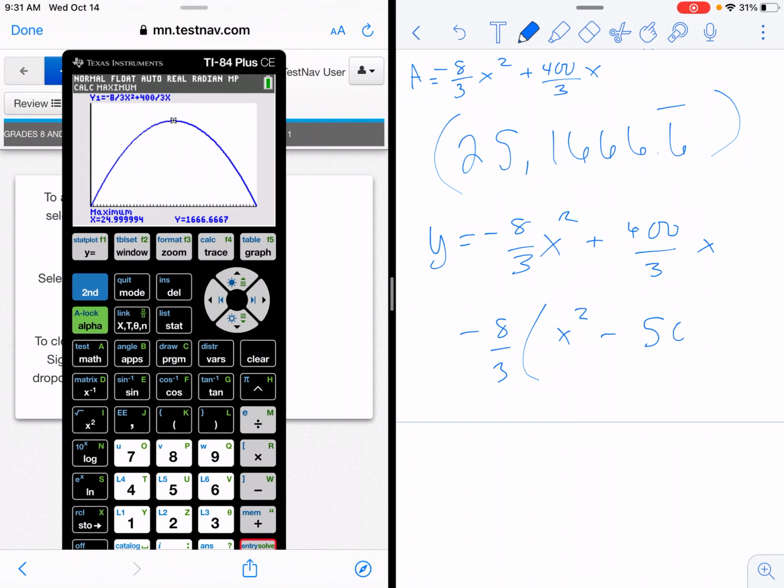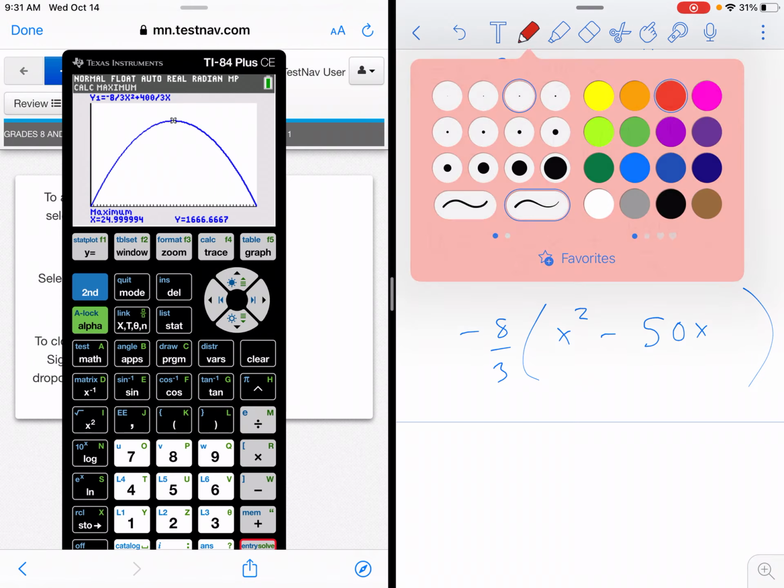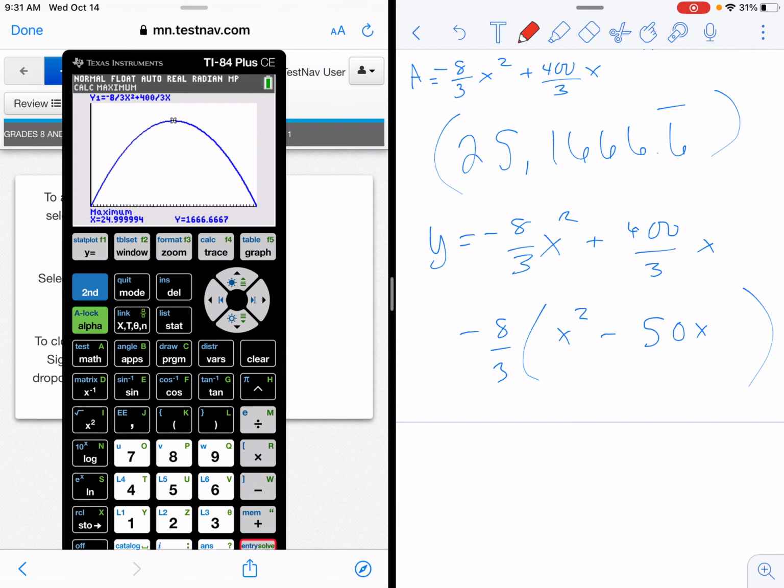Minus 50x. We're going to complete the square here to write it in vertex form. Remember, when they say standard form, they mean vertex form. Not sure why the book does that. So we're going to figure out what is this magic number here. Negative 50 divided by 2 is 25, and 25 squared is 625. So that's my magic number. But remember, if I add it here, I have to subtract 625 times negative 8/3. 625 times 8/3 is